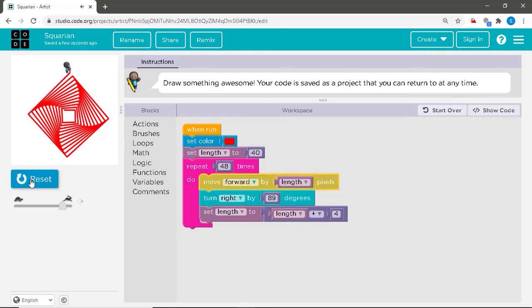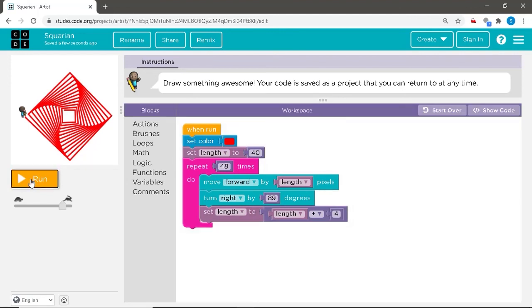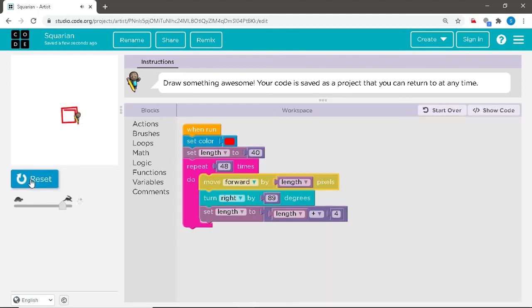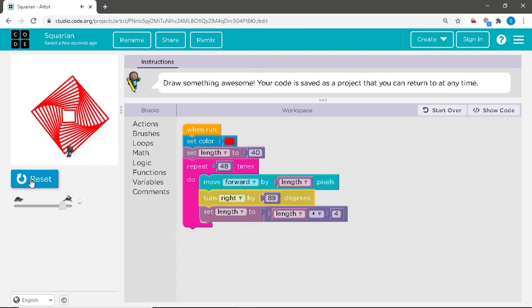As you can see, each side increases by 4 units and each turn decreases its degrees by 1. Shall we try it again? The first one is 40, next is 44, next is 48, and so on. The last side is much greater than the first side.